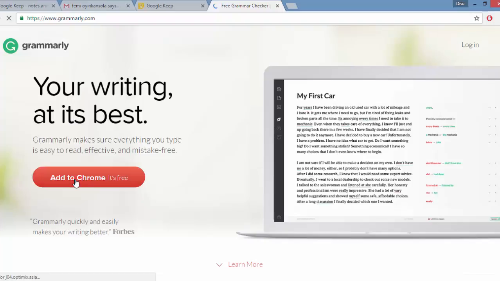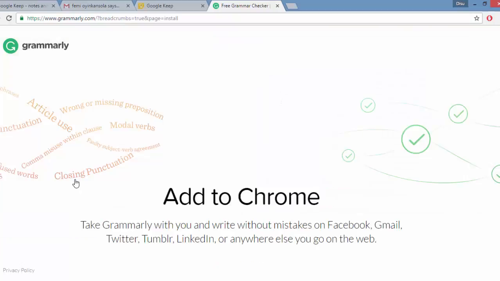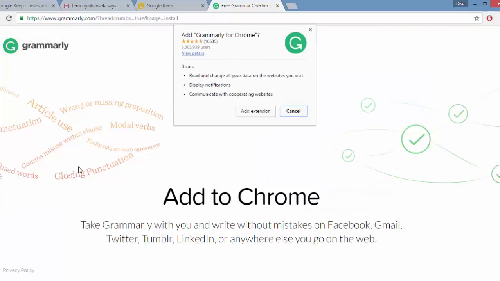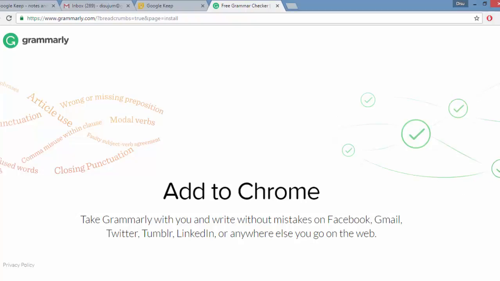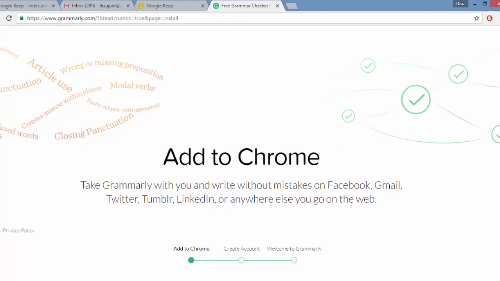So you just add to your Chrome. It's absolutely free. You add the extension. So the Grammarly has been added to the Chrome. If you look right here, you saw that. So I have it in my Google Chrome, and I can just go ahead and